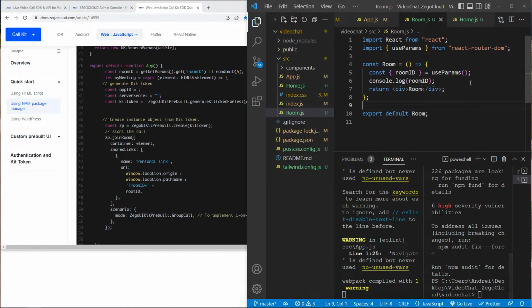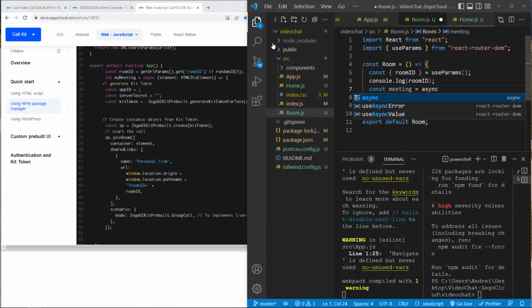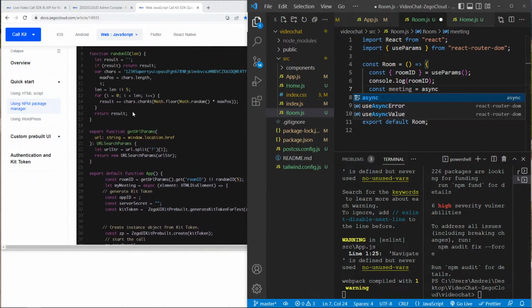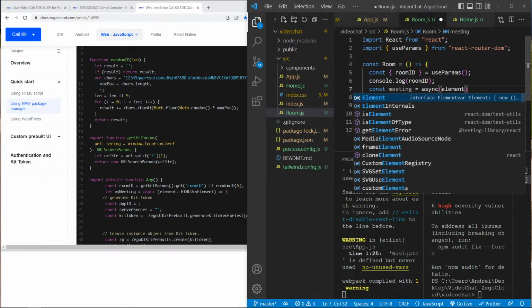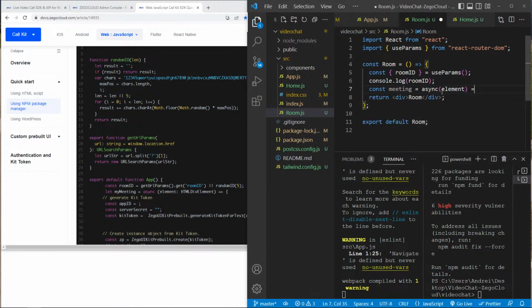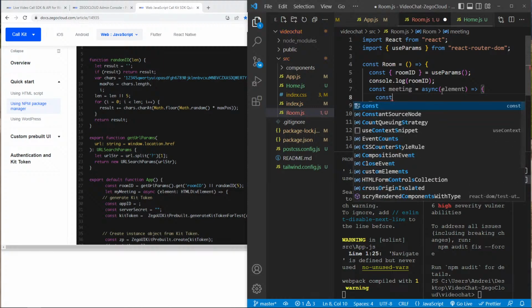Okay, so we'll have the const meeting right here, so I'll say const meeting, and here we'll use an async function, so async. Again guys, if you want to do it by yourself, you have the documentation right here. So meeting, async, and then we have an element right here, so element, for example, or e, whatever you name, this is not important. And inside we'll have a const called app ID,